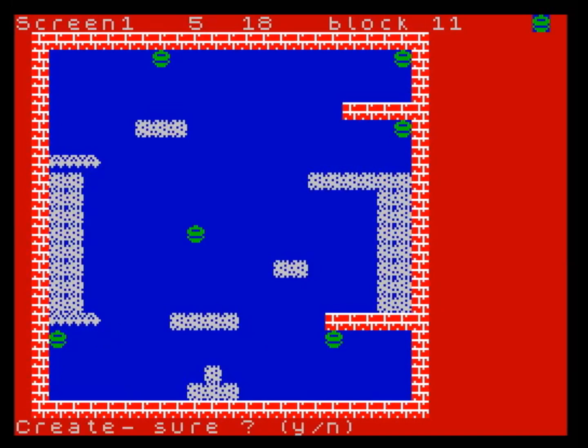But what we'll do here is we'll press X, and that will bring an option to create. You press yes, and as you can see there, you've now got a blank screen, and your current screen is screen 2. Now if we go out of here and back to the main menu by pressing enter,